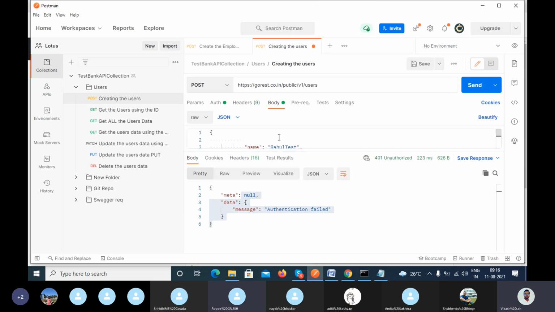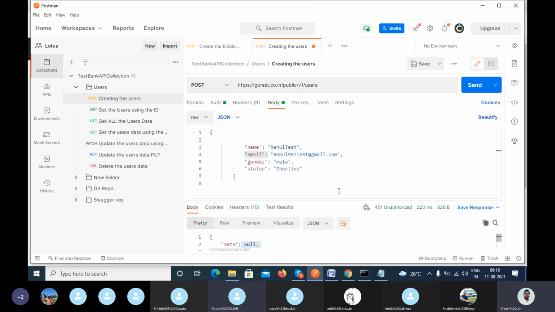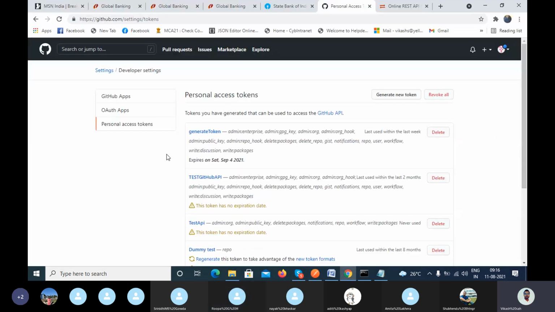Okay. Because that token has a validity, as per the configuration the developer has set, like 30 minutes, 15 minutes, or 1 hour, your token will automatically expire.